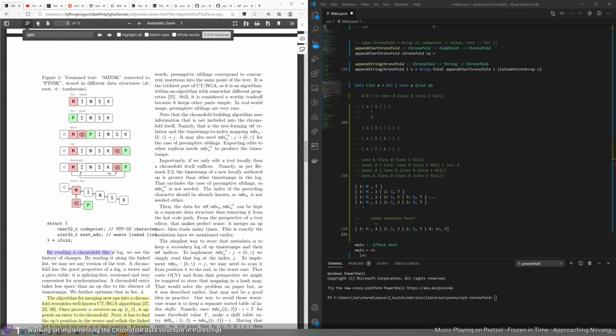By reading a chronofold like a log, we see the history of changes. So I guess that sort of makes sense. We see that it was MIN before, and then we added this delete. And so let's do the next step. Then we add, then actually the next becomes 5, and at position 5, we add,